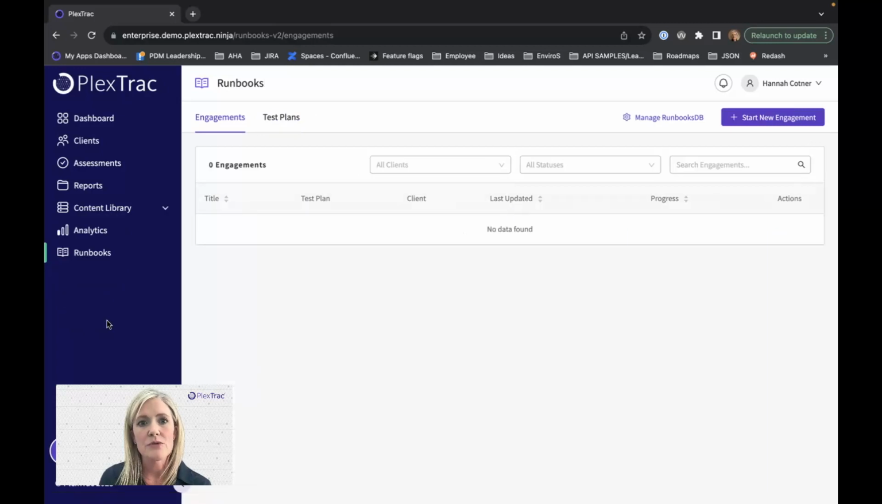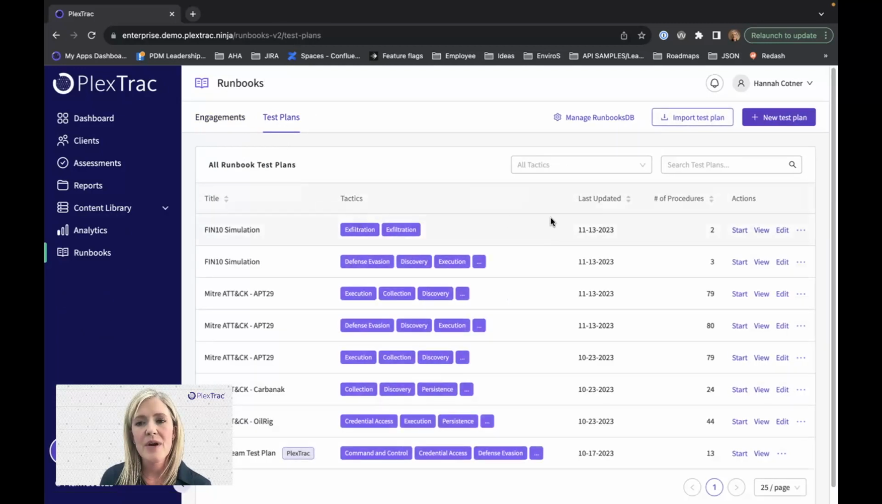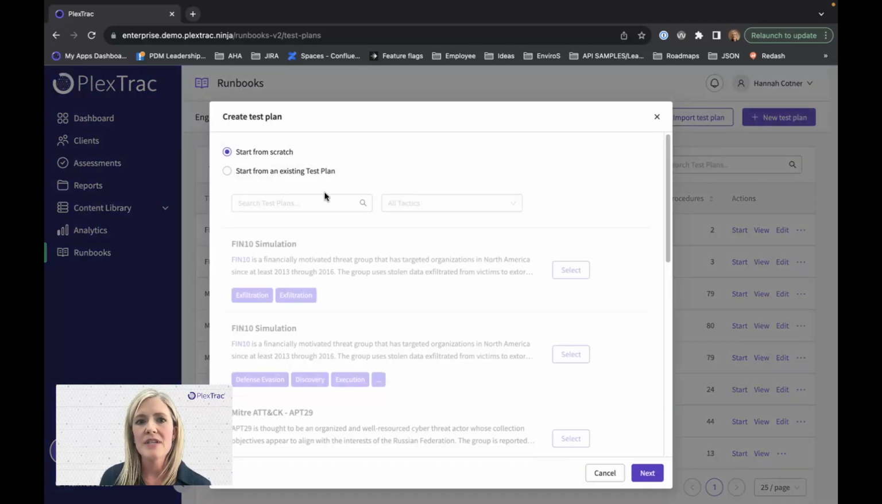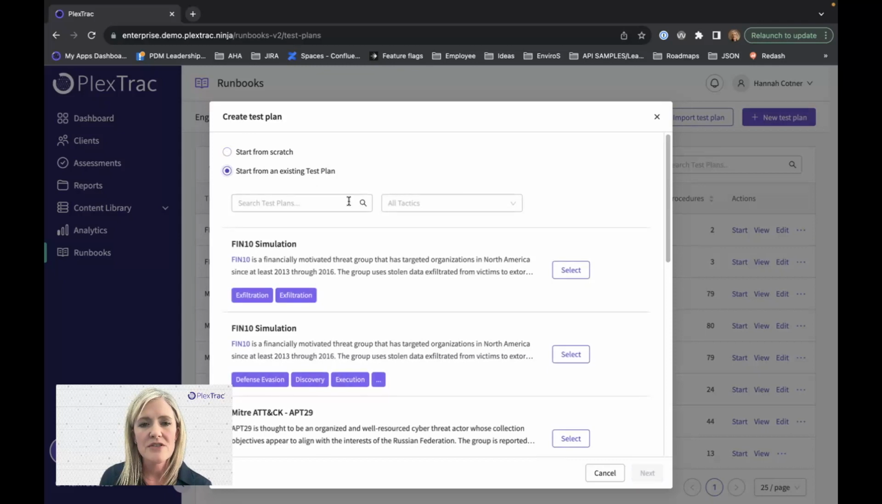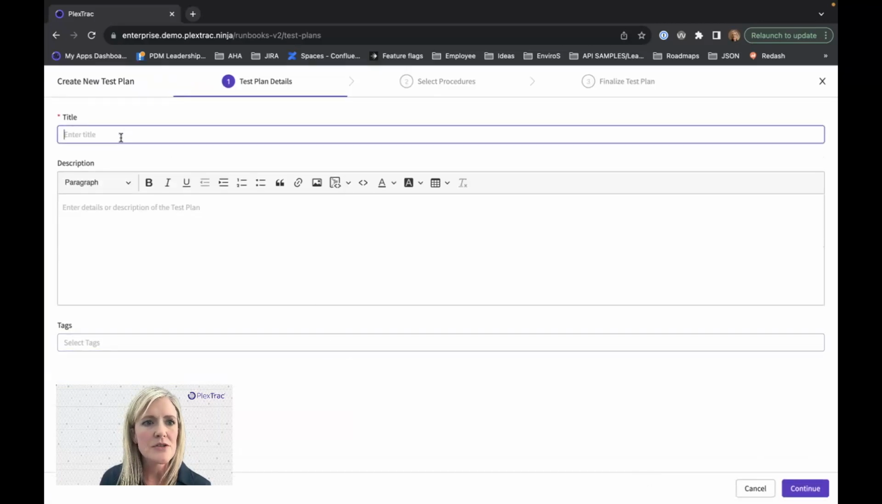Then as you move into Runbooks, you can navigate over to your test plans, and this is where we can find all of those test plans. If you're creating a brand new test plan, you can start from an existing one. You can also start from scratch, and this is going to allow you to pull from your repository here. So if we start a new engagement or a new test plan,